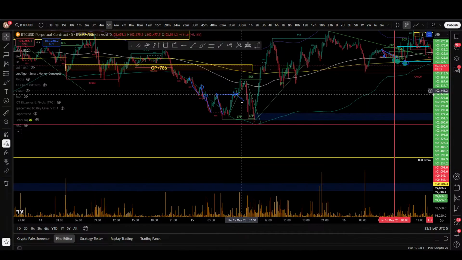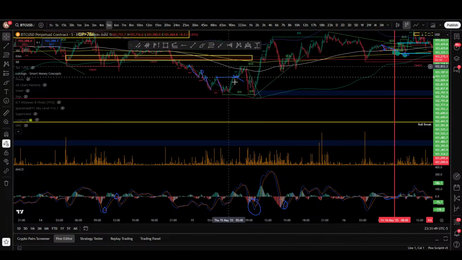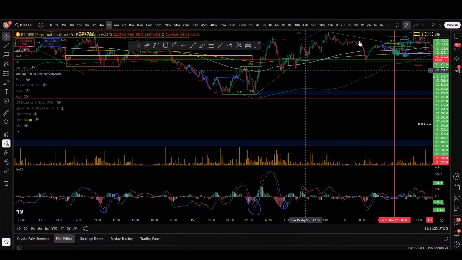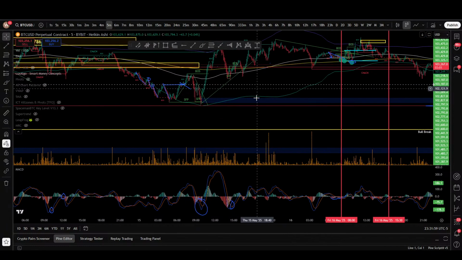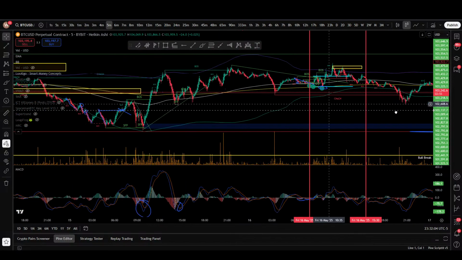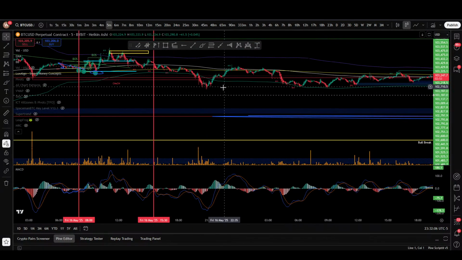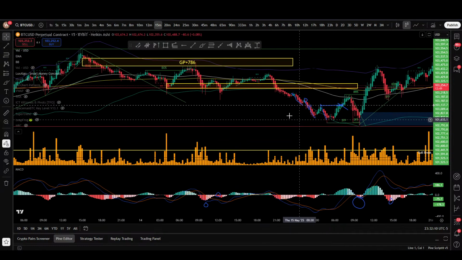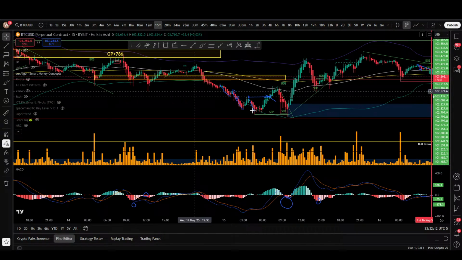Whenever you see an external 5 minute SFP followed by a break of structure, it's extremely profitable in that direction. I think the back test was like 82 to 89% success rate in changing the 15-minute trend. So I like Heikin-Ashi candles just because, and I can upload the back-to-back photos,